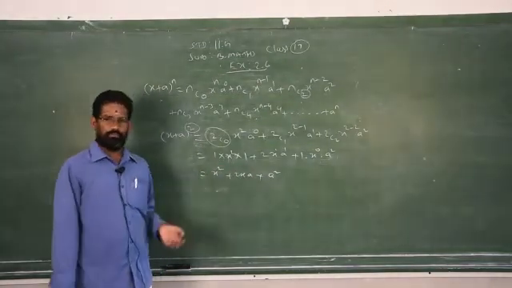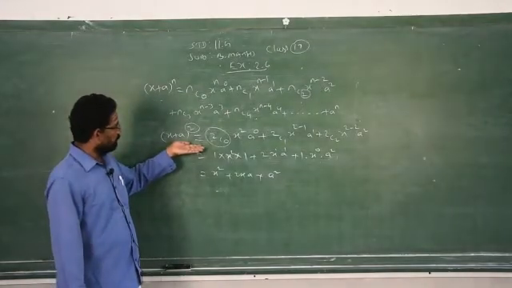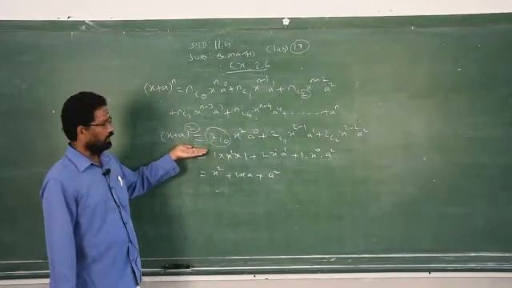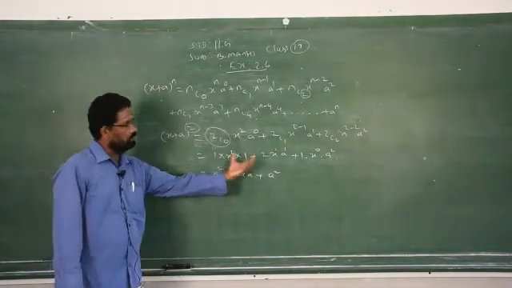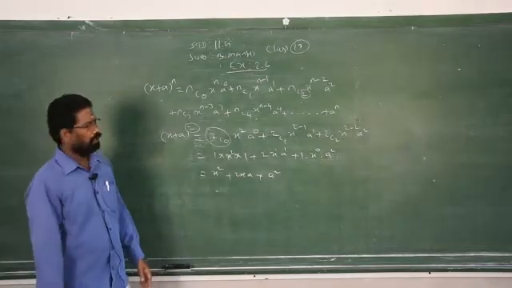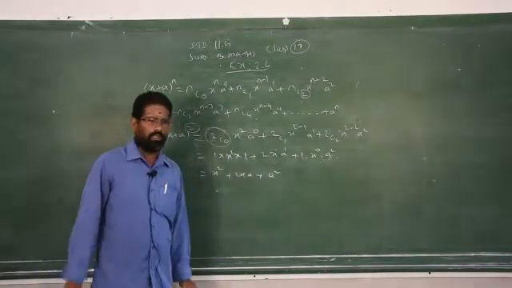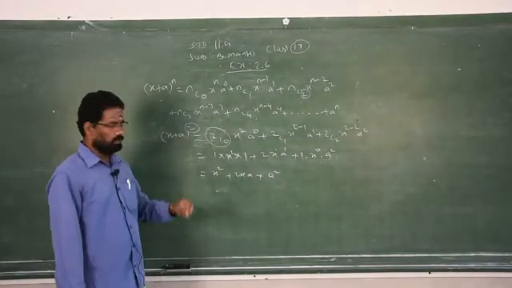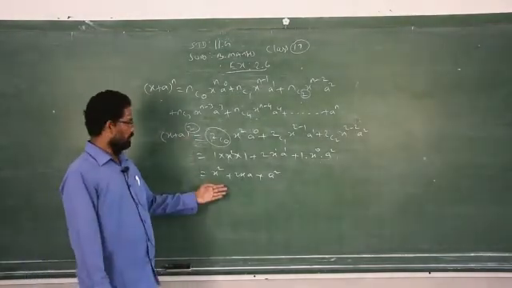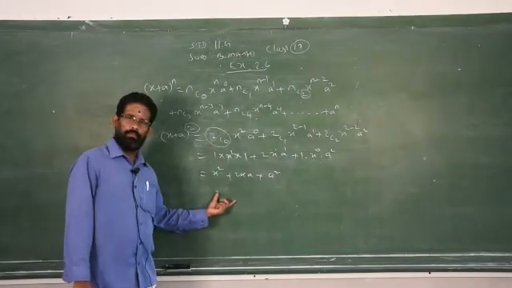I got the answer from the general formula. This I taught only for your understanding purpose. Clear? How do you get (a plus b) the whole square from the binomial theorem? See, this is the way of getting. So if you replace n by whatever number, you have to apply the formula and get the answer. See, I got a standard result for (a plus b) the whole square. Do you have any other answer for (a plus b) the whole square? This is the standard form. Clear?